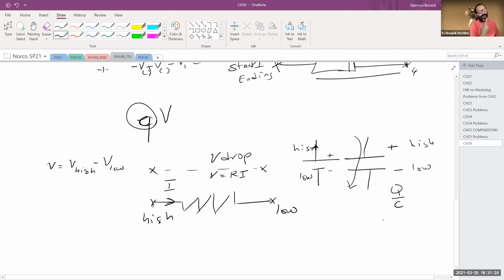If I hit the capacitor from the negative end, that is actually a rise. So it's a negative drop. So if I happen to go in my loop and my choice and I ended up somehow in the opposite direction of Q over C, that means I'm rising in potential, not dropping. So I have to write it minus Q over C, because Q over C counts the drop, does not count the rise. Same thing, the EMF in here,